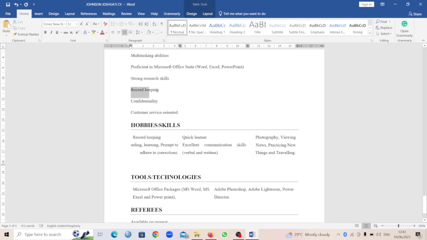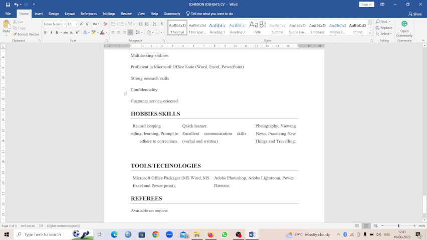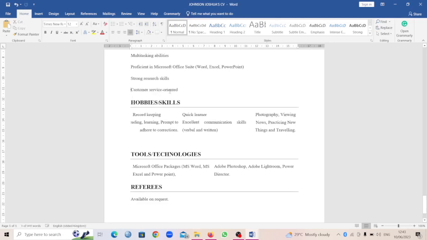Record keeping, confidentiality. Let's use Control X so that we will not repeat what I already have. I don't think I need this, customer service oriented.